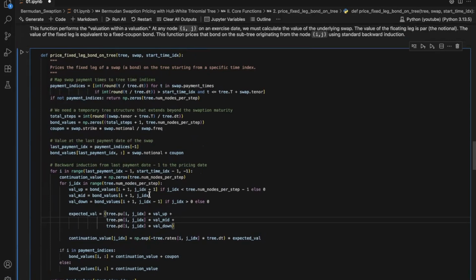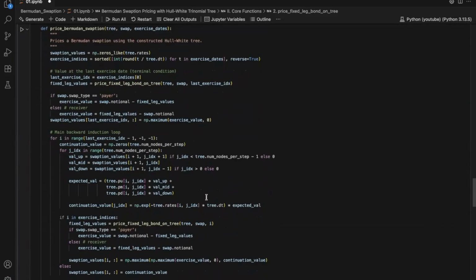fixed leg. The floating leg's value is simply par, or the notional amount. The fixed leg is the stream of constant payments, which is economically identical to a fixed coupon bond. This function does exactly that. It performs a standard backward induction on the subtree, starting from the node, to calculate the present value of that